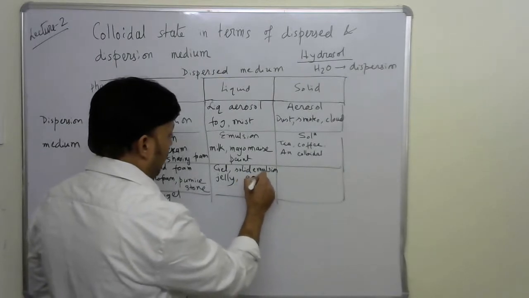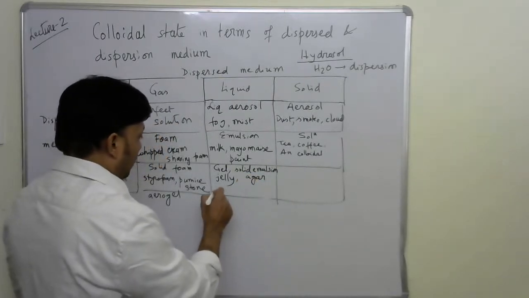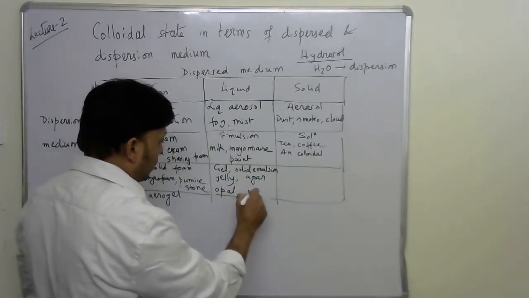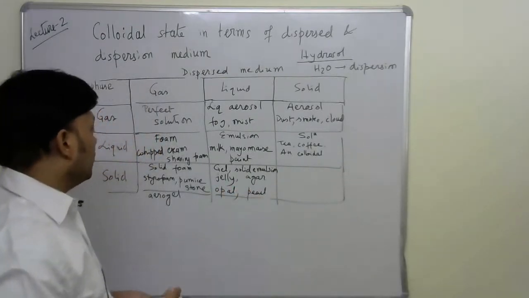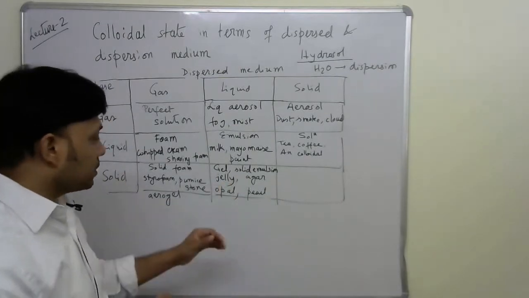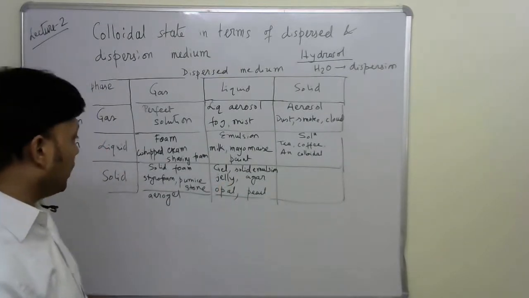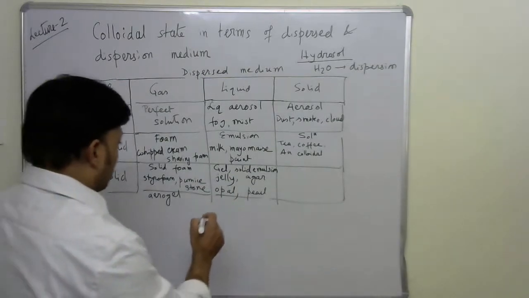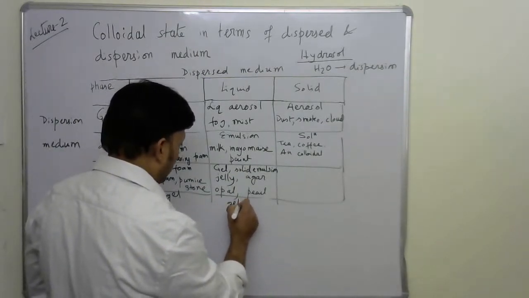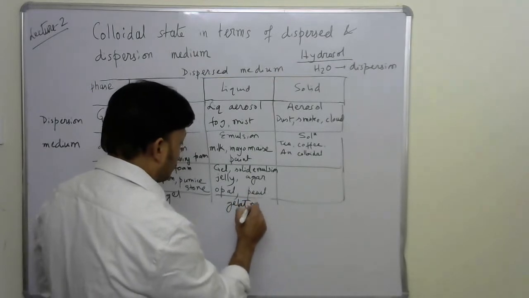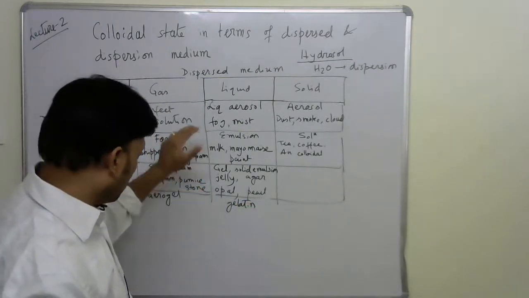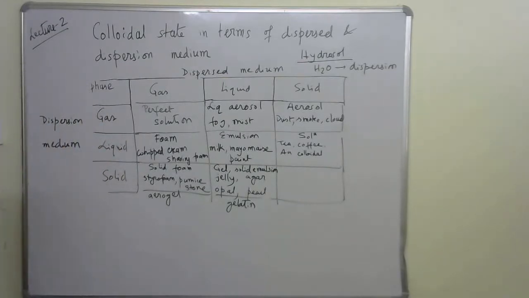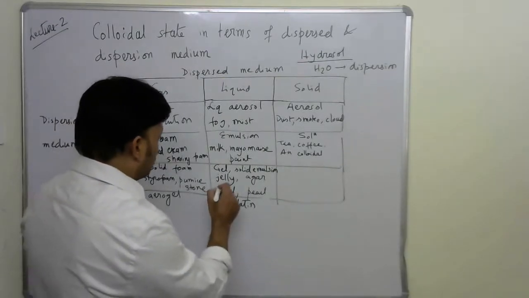Then there is a thing called agar, okay, and there are naturally occurring substances, opal or pearl also. Is liquid dispersed in solid. So these are naturally occurring items. And also another thing is called gelatin, or rather moist gelatin also comes under this category, that is gel or solid emulsion. So at this point I would like to tell about these two things a little bit,